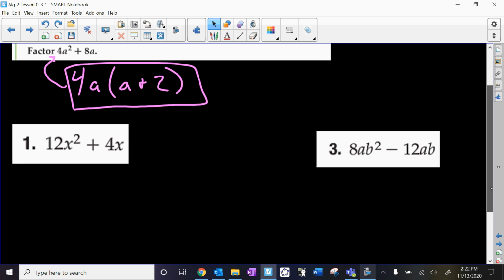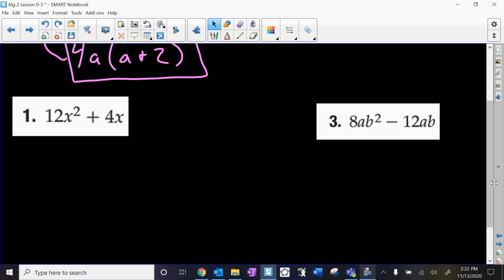Let's try another one. Let's look at number 1 down here. 12x squared plus 4x. I see that the highest value I can take out is a 4, and the most, in terms of variables that I can take out, is just an x. So if I take out a 4x, I'm going to be left with